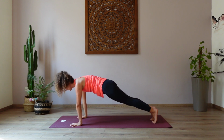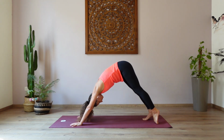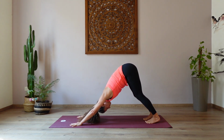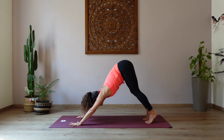Inhale. Shift the weight forward. Exhale. Chaturanga. Inhale. Upward facing dog. And exhale. Downward facing dog. Take a moment here. Center yourself. Head relaxed. Just breathe. One more breath. And then lift the head, gaze between the hands, bend both knees, and then either walk or